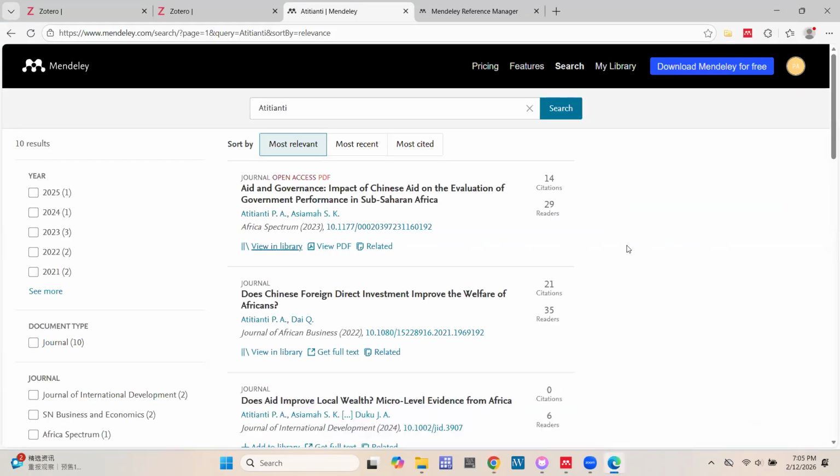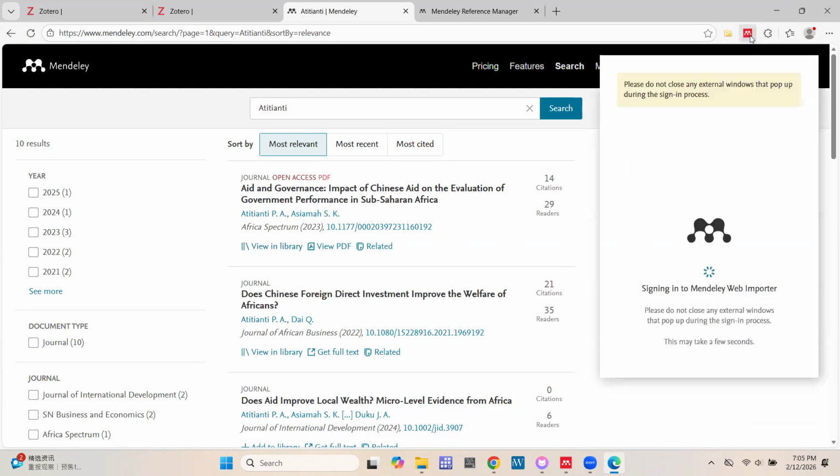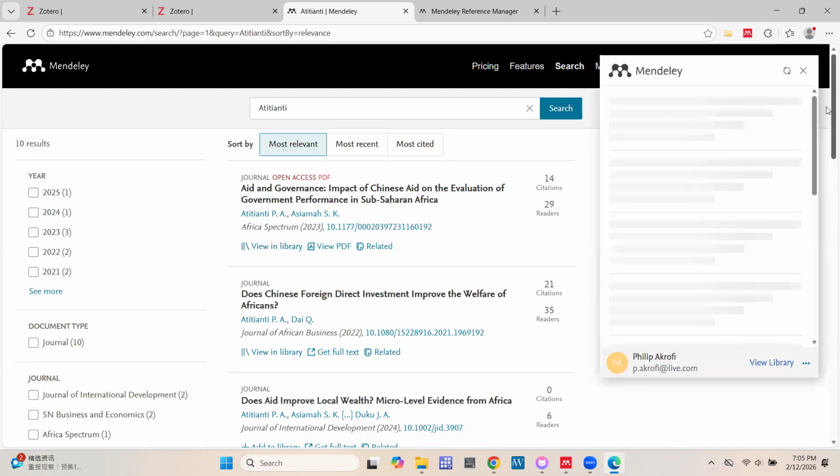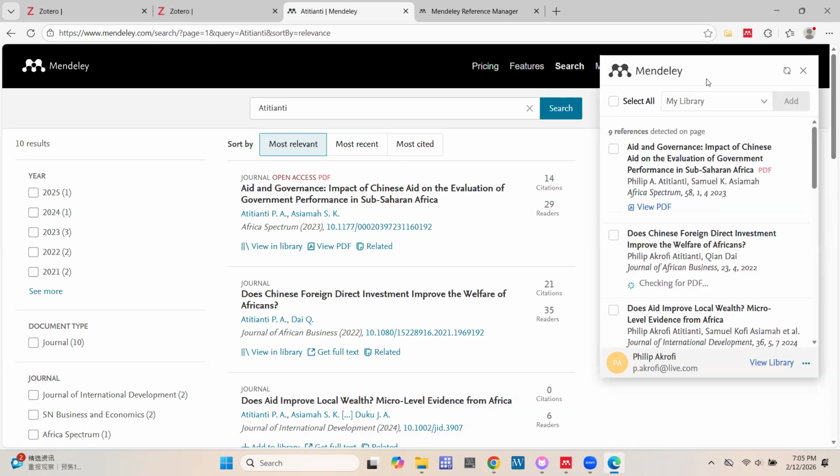Are we together? I want to be sure we are on the same page before we proceed. We are going to look at how to add files from online. If I click here on my web importer, it gives me the opportunity to log in if I have not logged in yet. If you're already logged in, it will give you these options right away. Otherwise, it will tell you to first log into your Mendeley account.